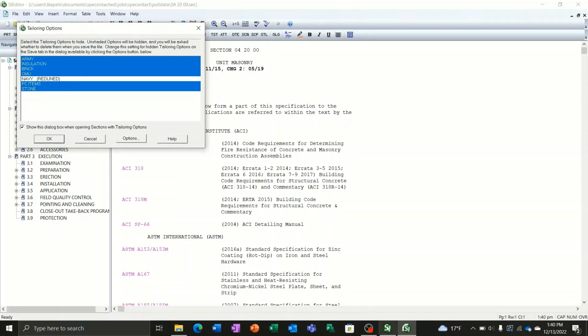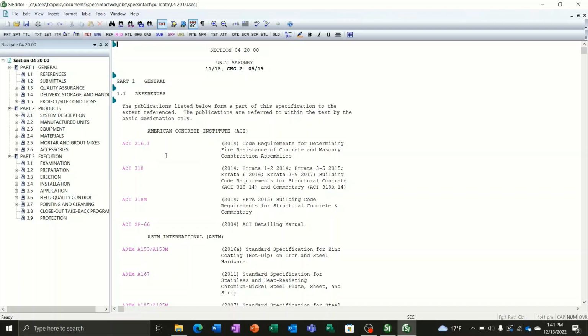So you see at the bottom of programs that we have open, this is the SI Explorer. Now the SI editor has been launched, and it automatically brings up our box again, verifying the tailoring options for this section. We've already done that, so I'm just going to click OK. So this screen looks very similar.